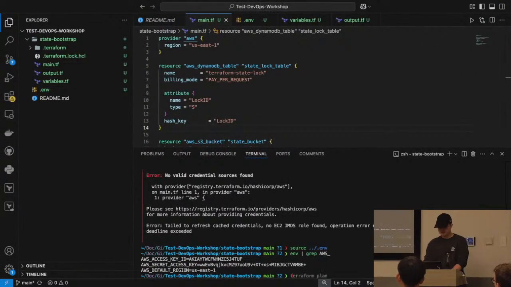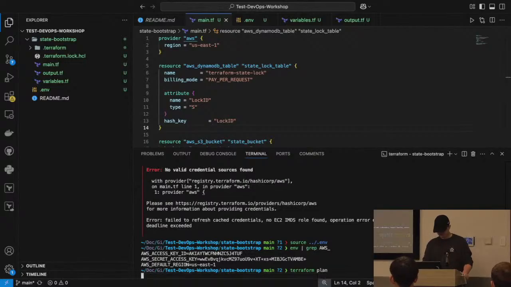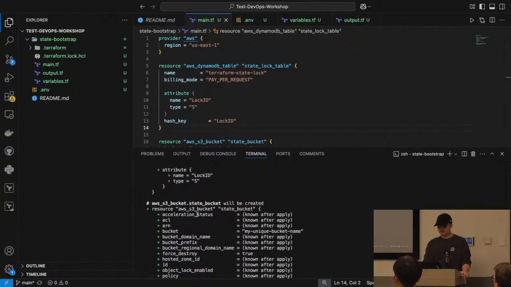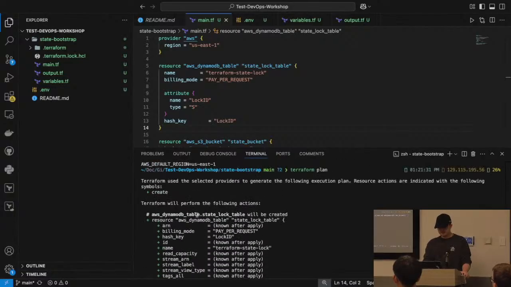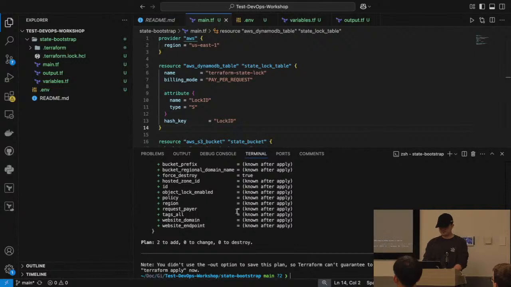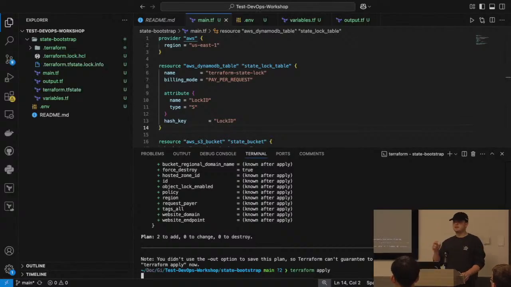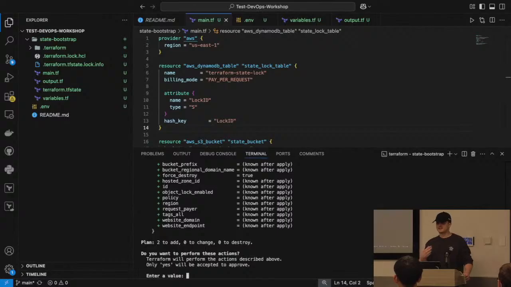Okay, perfect. So now if we run terraform plan, it shouldn't give us many issues here. Perfect. So now you can see that it's looking to create an S3 bucket called state bucket, and then it's trying to create a DynamoDB table as well. And this is telling us what's going to be created. So now we can do terraform apply. And this is the command that will actually make your infrastructure on your AWS account. So this is the big command, this is the dangerous command. This is the one that you want to get double checked before you run in the real world.